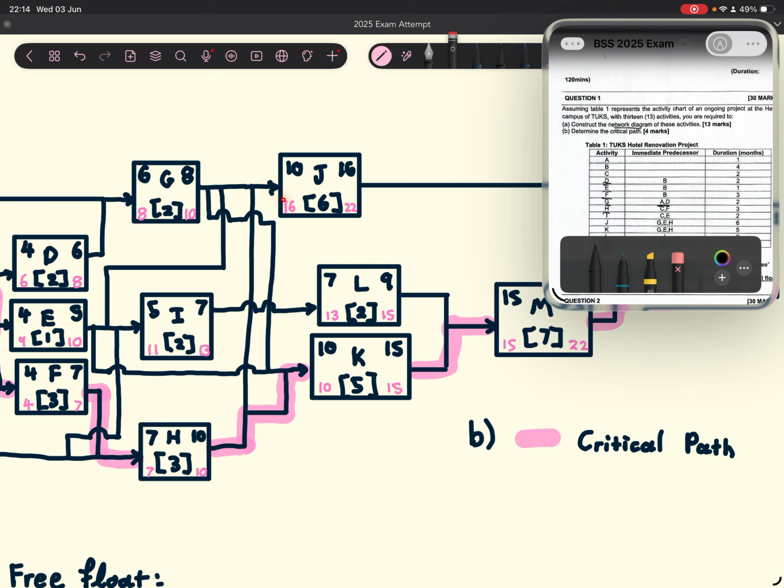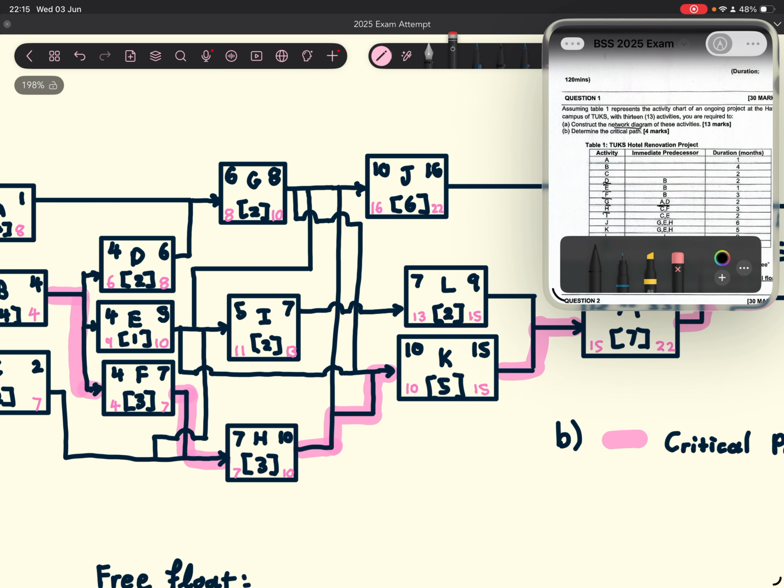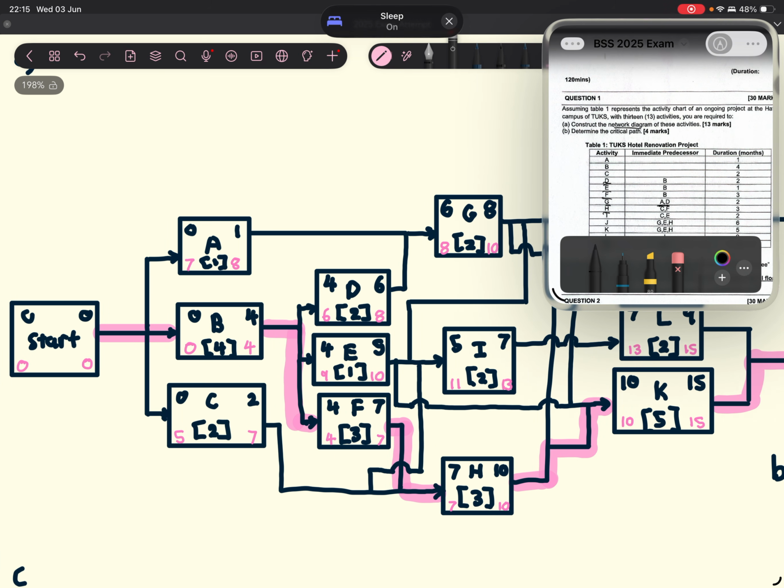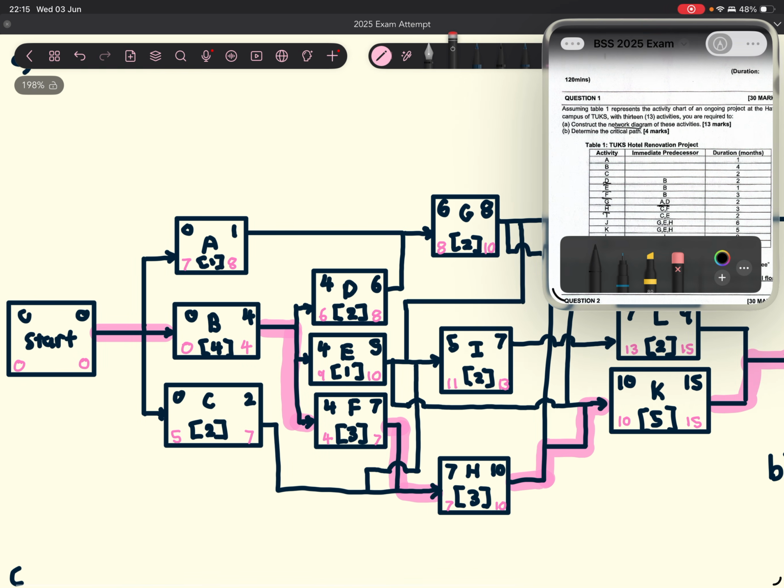One of the potential late finishes for activity H is 16, and another potential late finish is 10. Okay, hope that makes sense. And then you work your way back using that method. Work your way back, fill it in for all the activities, and you should get